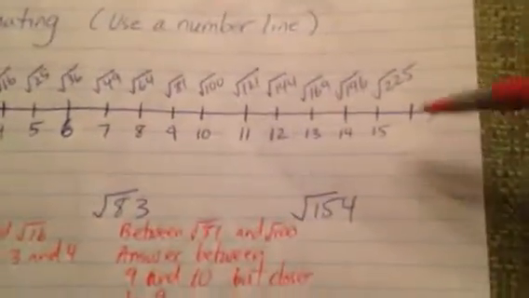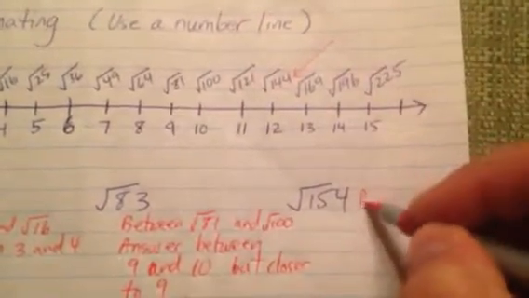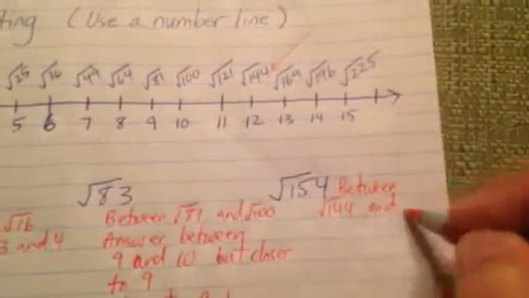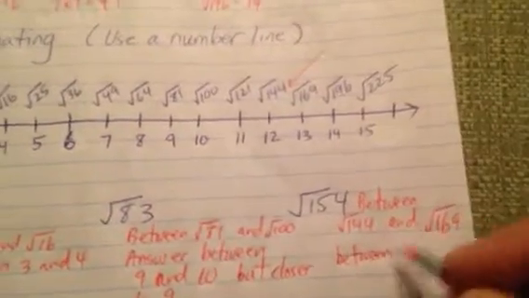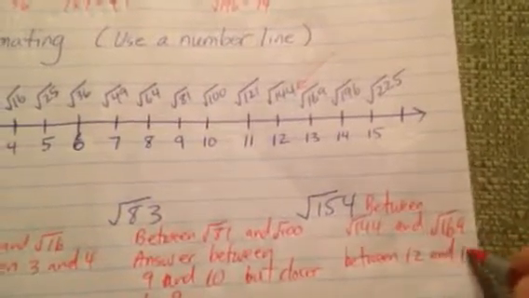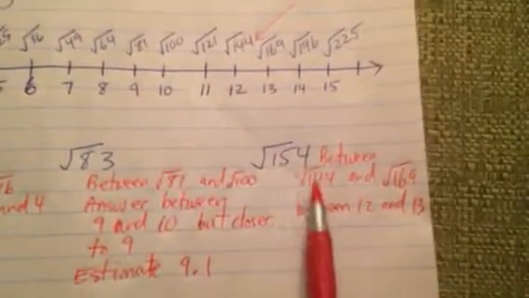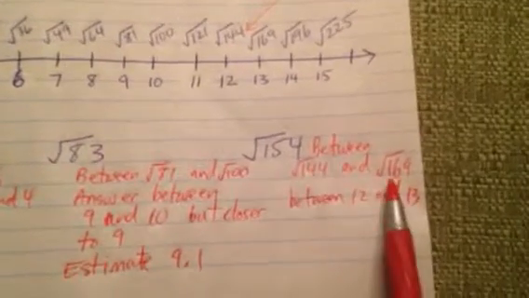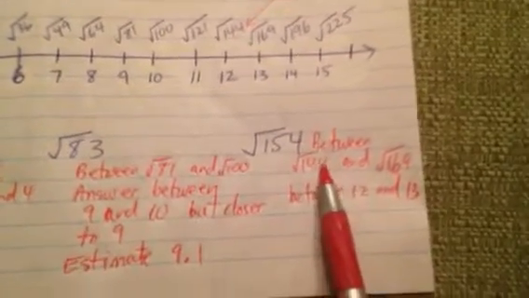So another one, square root of 154, the very last example here. 154 is tricky because we know it falls somewhere in here. I know it's between the square root of 144 and 169, which means that I know it's between 12 and 13. Right? I know it's between 12 and 13. Now, where is it in relation to these? Well, I know it is actually 10 away from this, and it is 15 away from this. So it's actually closer,